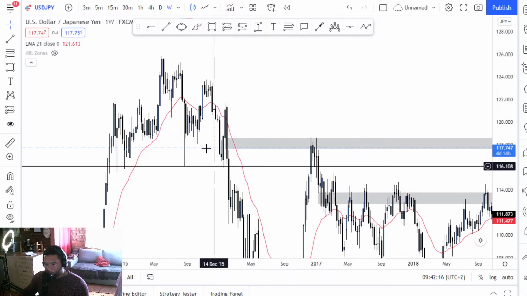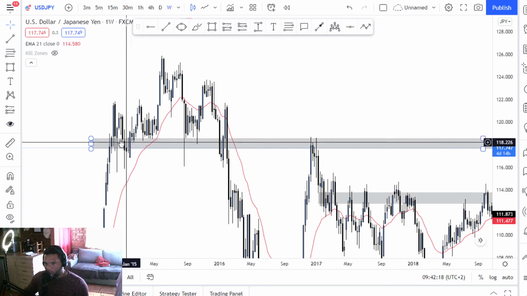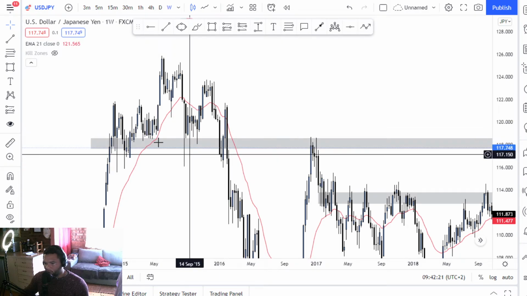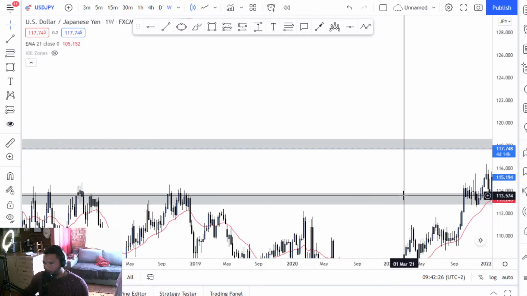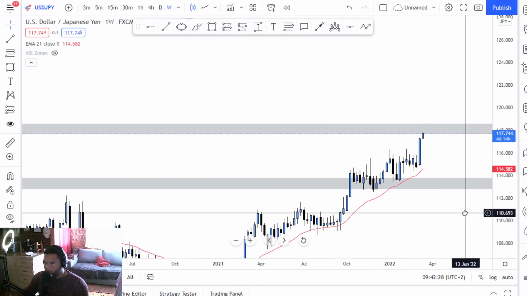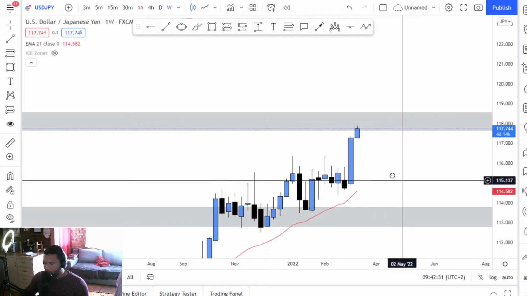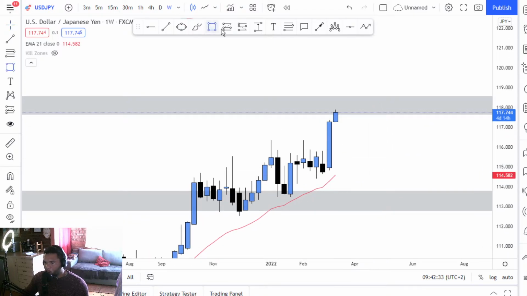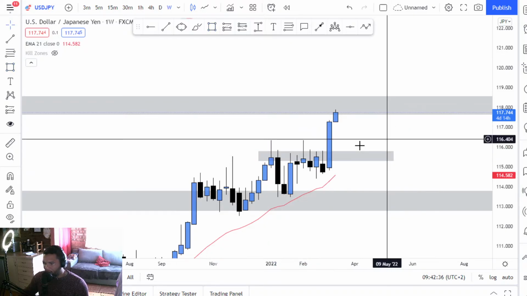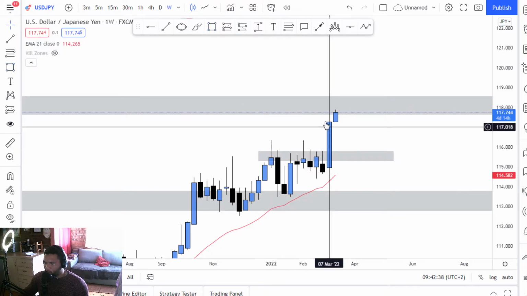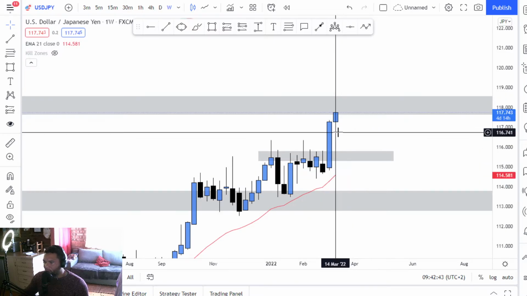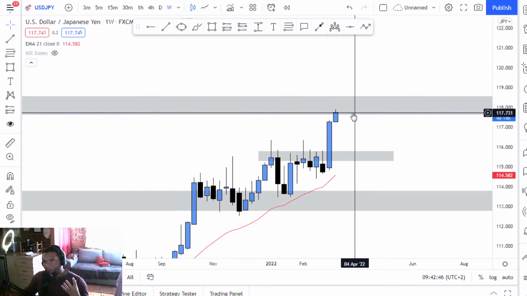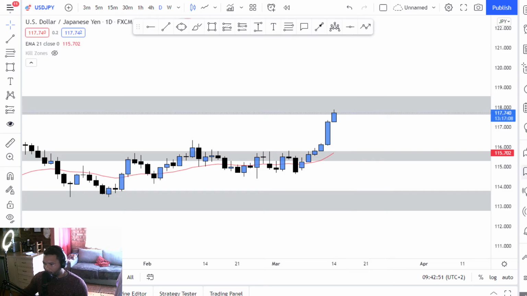We can actually zoom it out and see this area of resistance was the previous area of support, as you guys can see. Breakout, and there price respected. This is going to be a significant area for price right now. This is what we can see on our weekly time frame, that we are basically trading in this bullish market condition to the upside. This is the area of resistance where price broke out with this strong bullish engulfing candle to the upside. So now we tap into this area where we will wait for some form of rejections. So if we scale out to our daily time frame right now, guys, we can still see